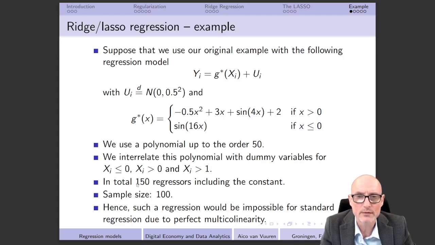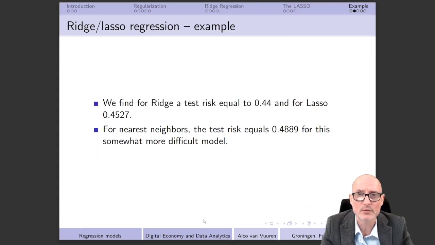Take into account that that implies that we have 3 different dummy variables multiplied by the polynomial of 50. That gives us 150 different regressors, and our sample size is still equal to 100. Such a regression would be impossible for standard regression analysis due to perfect multicollinearity, because it's never possible to include more regressors than your sample size in a standard regression. But due to the regularization, Ridge and Lasso do not actually have a problem with that. Then what we are going to see is that the Ridge has a test risk equal to 0.44, and Lasso has a test risk equal to